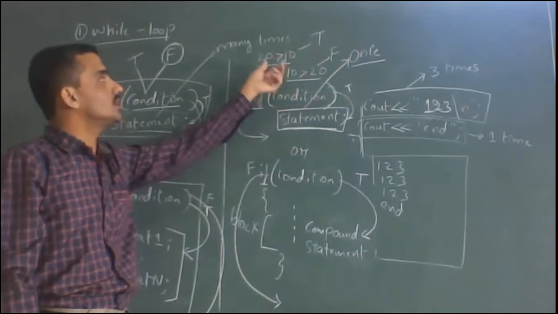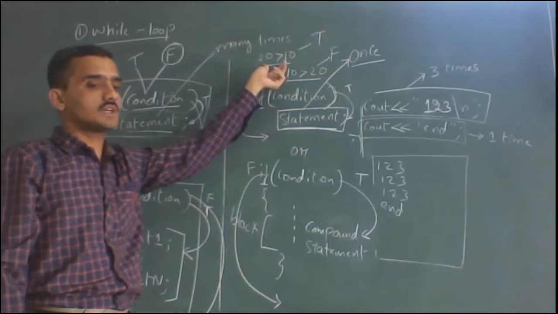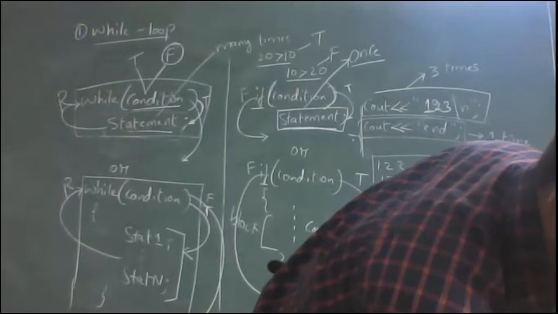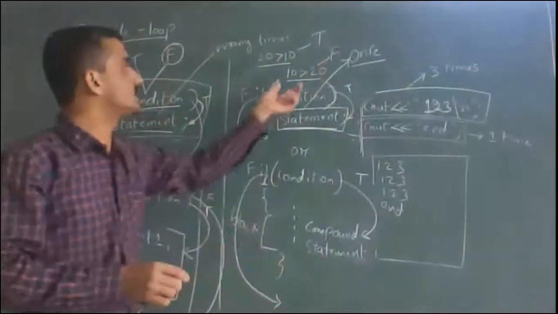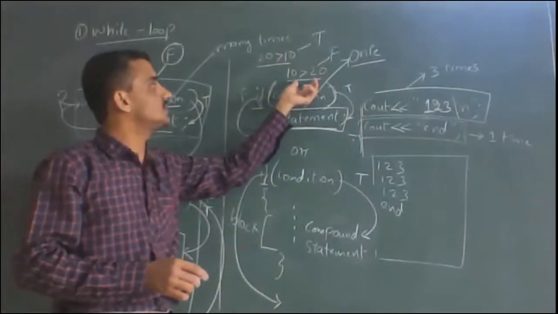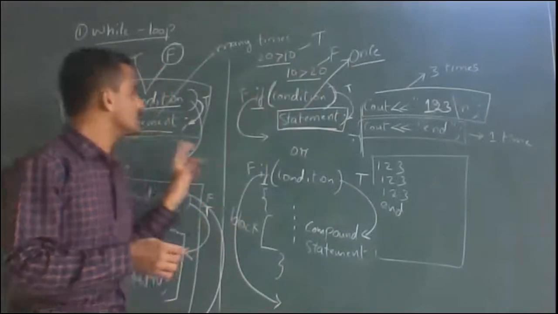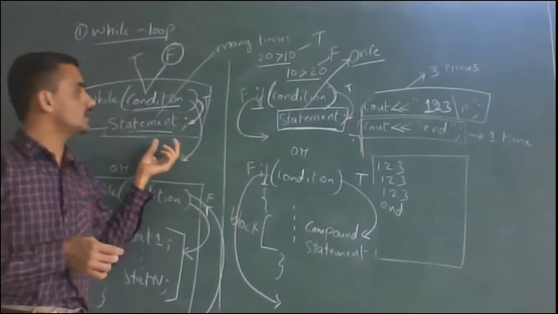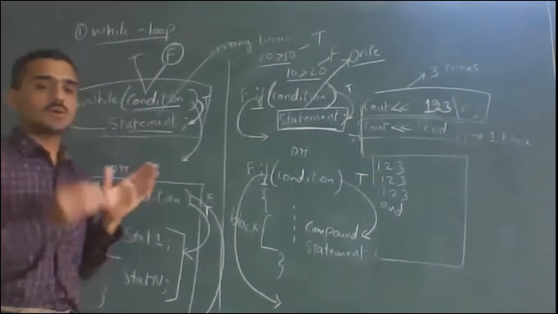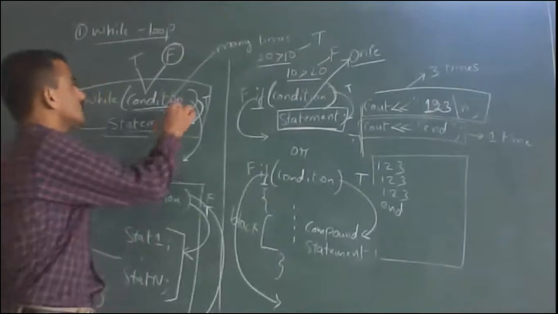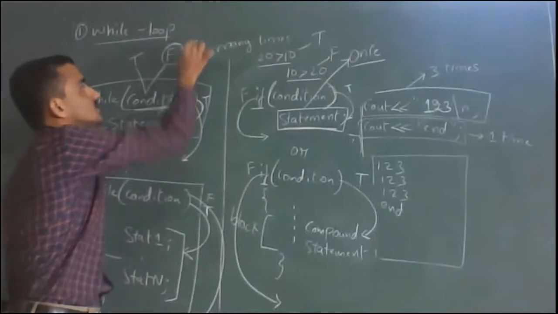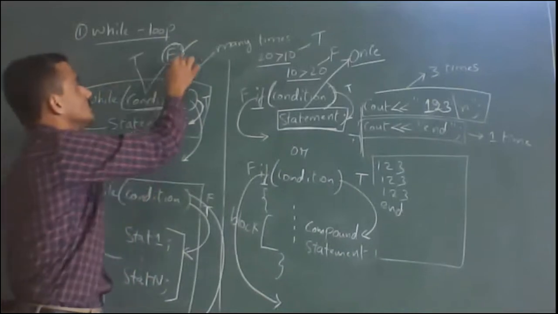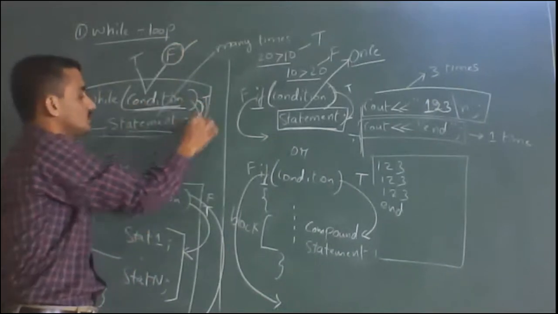Now we get a question. If this condition, 20 greater than 10, is true, it will always be true. If this condition is false, it will always be false. In this case, if you go for checking the condition again, it will be true only. We think it is pointless to check again, but we write the code in such a way that at a certain point of time it should become false. I will tell you the example and how it happens. At a certain point of execution, it should become false. Once it becomes false, it will come out of the loop.